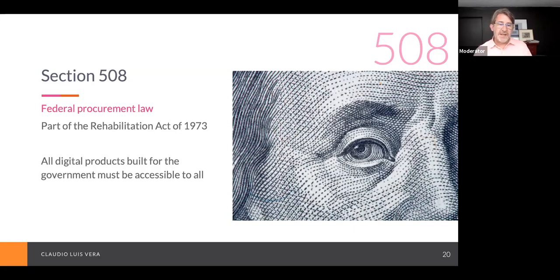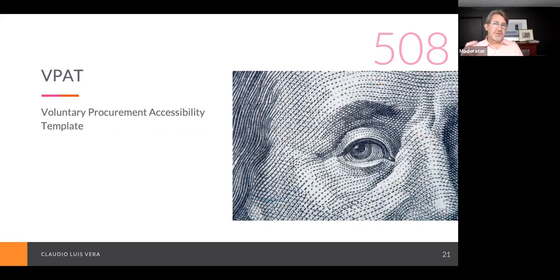Now, one of the things that vendors do when they're proposing and bidding for federal government work is they have to fill out what you call a VPAT form, which is a voluntary procurement accessibility template. Now, a VPAT form will list everything that your software does and how it is accessible or inaccessible. So if you have a product like Zoom, you could go to the Zoom accessibility pages and you would probably find VPAT after VPAT for every